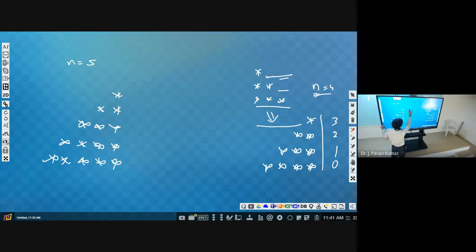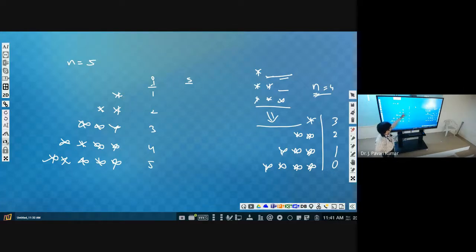Now you consider I. I is what? Row number. What will be the I value? 1 here, 2 here, 3 here, 4 here, 5 here. Let us consider how many number of spaces we are printing in this one. S represents number of spaces.